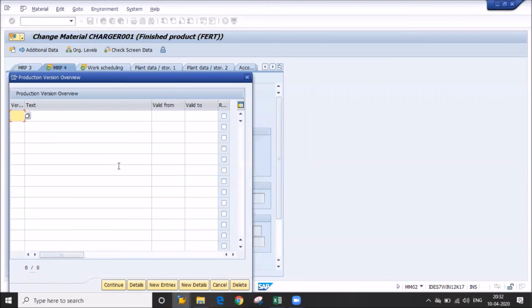Production version is the combination of BOM and routing. So I am giving CH01. So that is the version CH01.